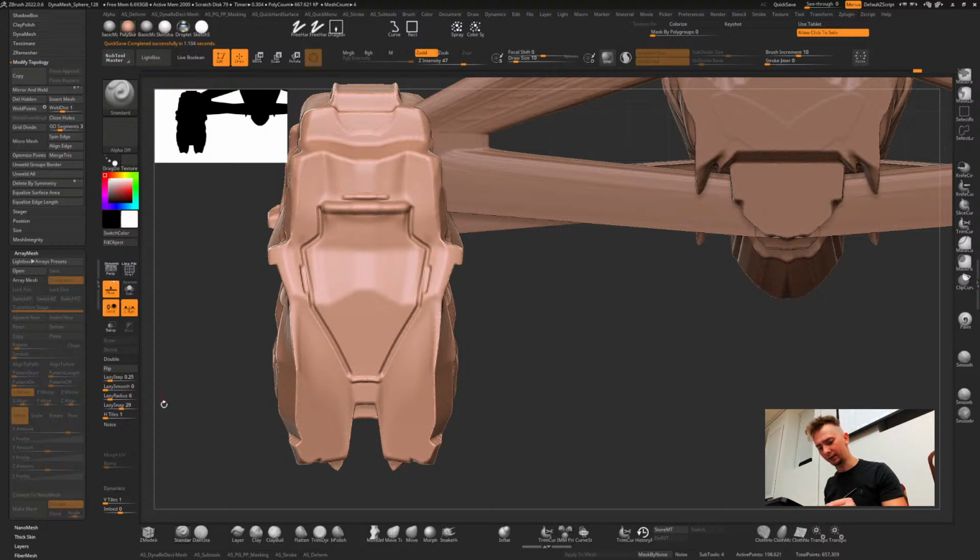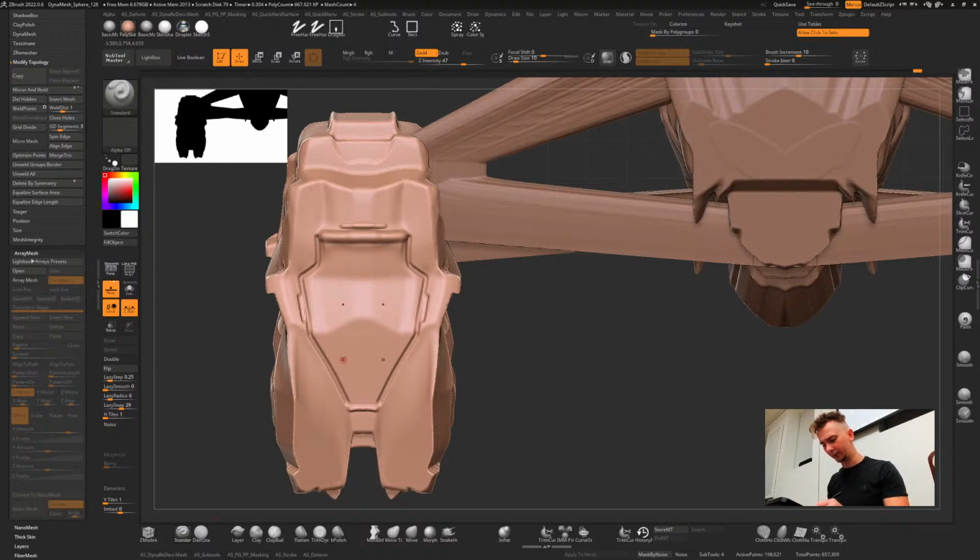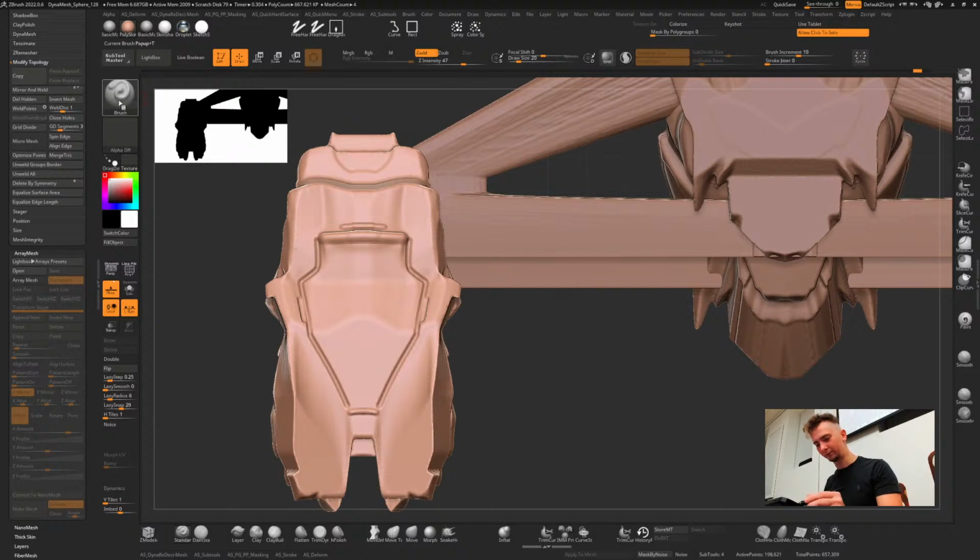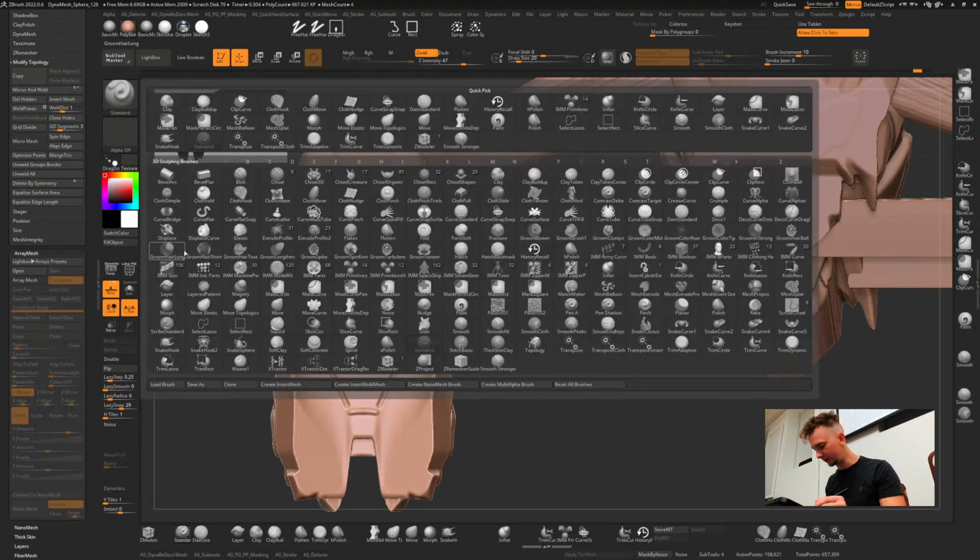Obviously you can use custom ones. This is not my primary work machine, but if you have something like MAHcut, that's a classic hard surface brush, but you're not limited to just those. Because this is just a sketch, you can go crazy.